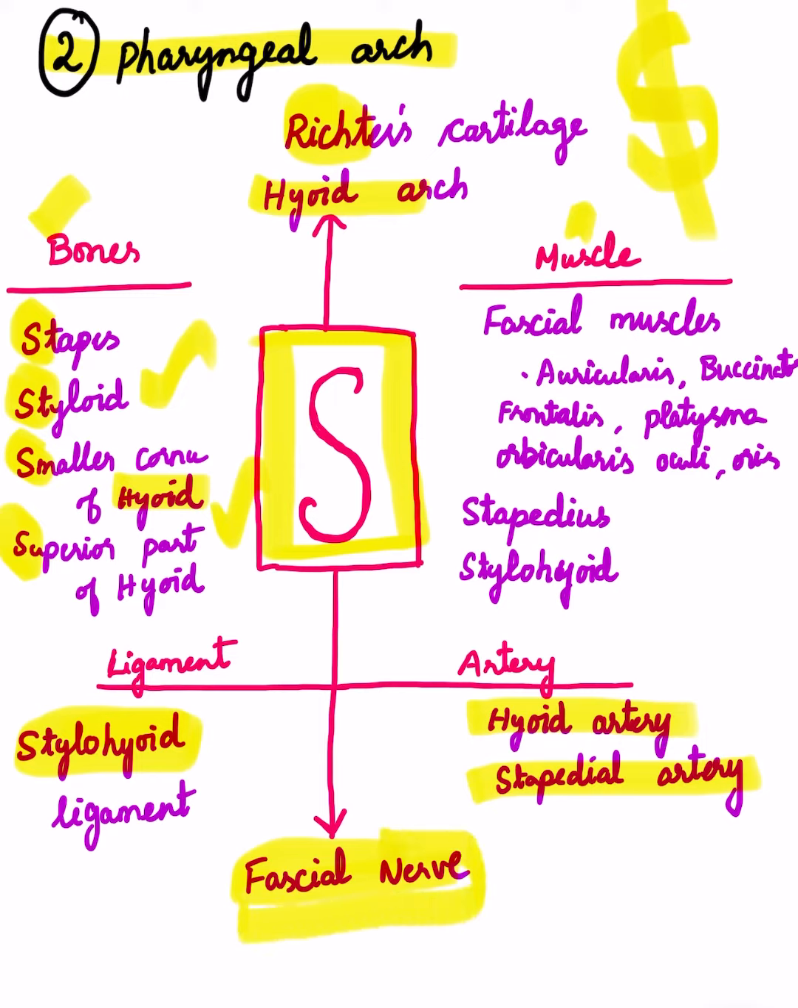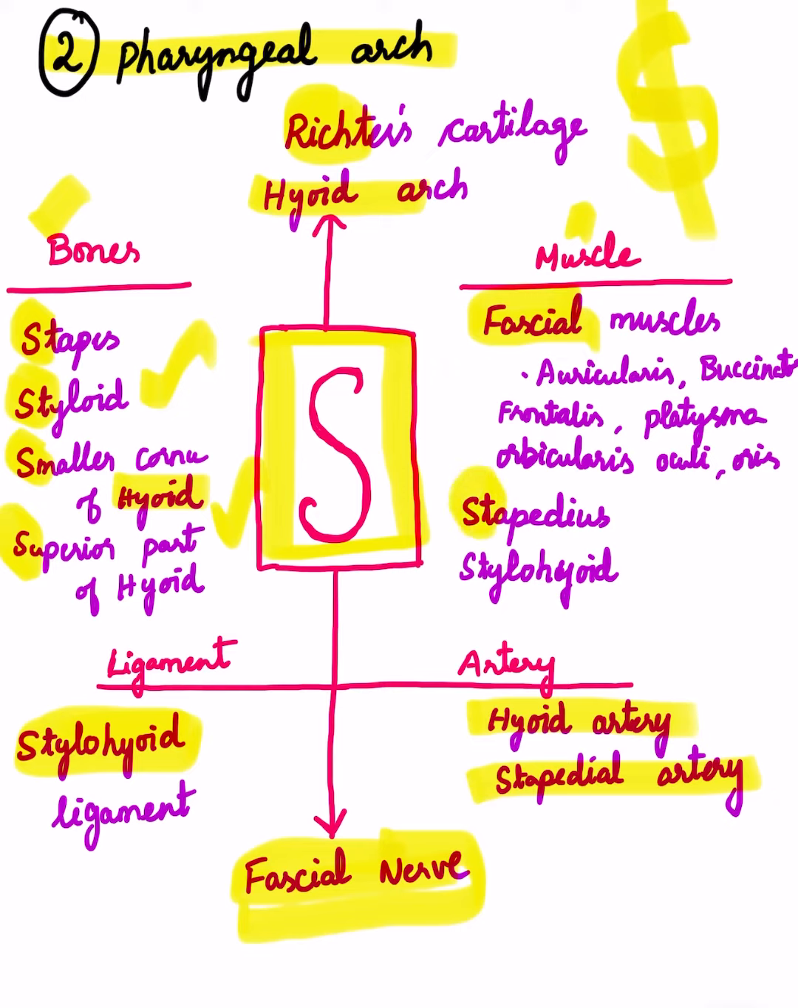So the facial muscles originate from the second pharyngeal arch, which include auricularis, buccinator, frontalis, platysma, orbicularis oculi, orbicularis oris. These are the external facial muscles which help in expressing facial expressions, and are derived from the second pharyngeal arch. And as the stapes bone is derived from the second pharyngeal arch, the stapedius muscle is also derived from